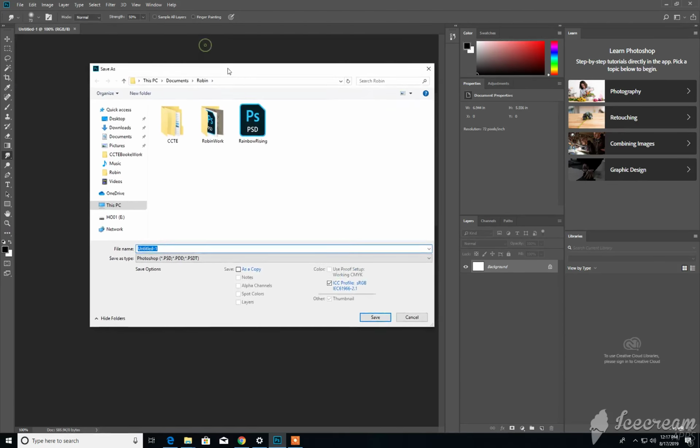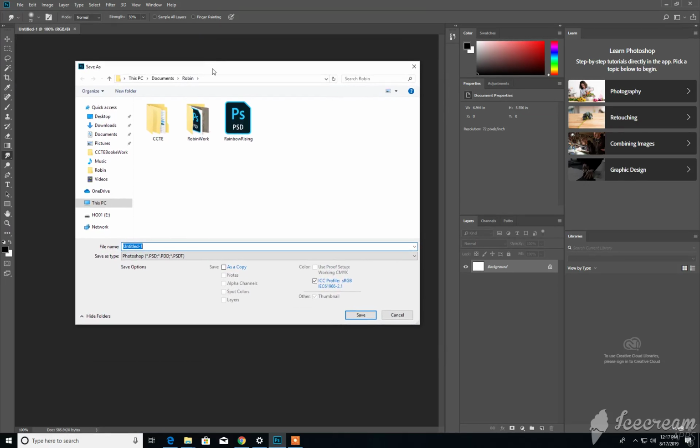You'll be given this window, or dialog box as they call it, which is broken down into these sections here. We have the navigational section right here where you can determine where you want to save the document. You have a little preview area which breaks down all of the folders within that selected area, and then we have the area where you can label your document and then choose the file type and save it from there. The typical method that we're going to use to save our documents, we'll start by navigating to desktop